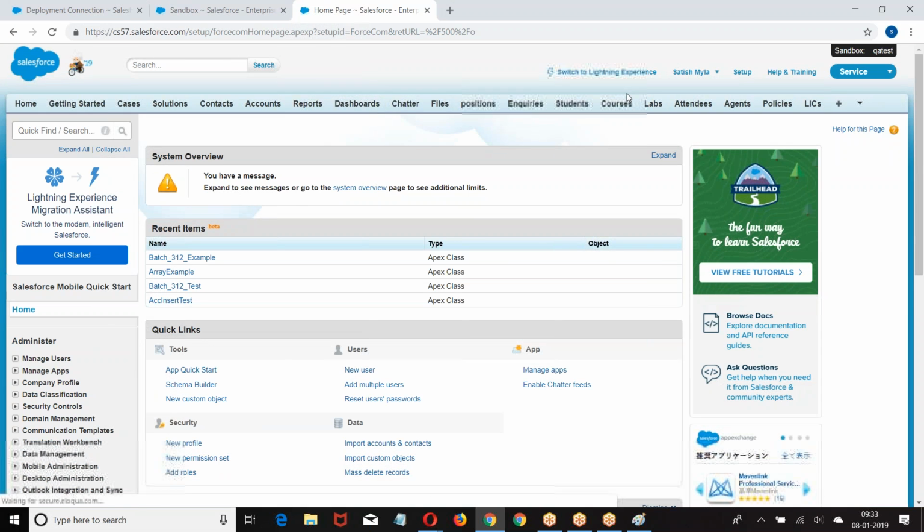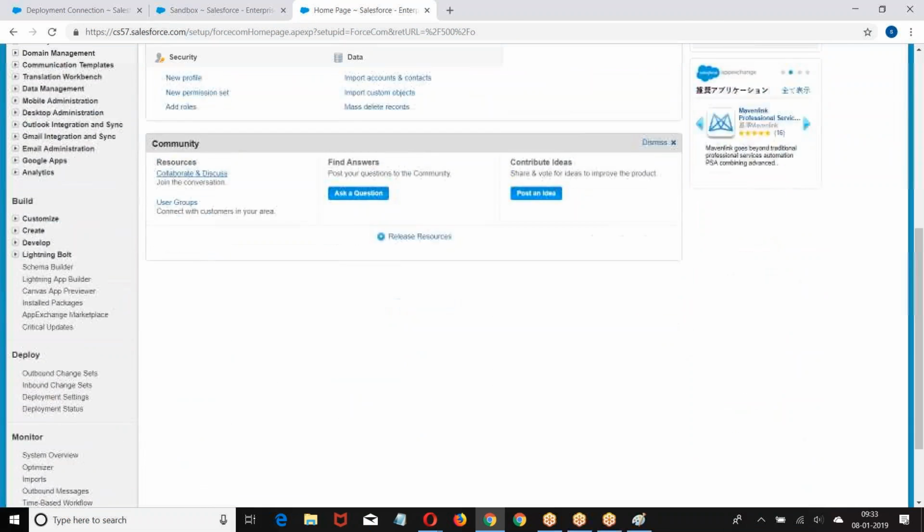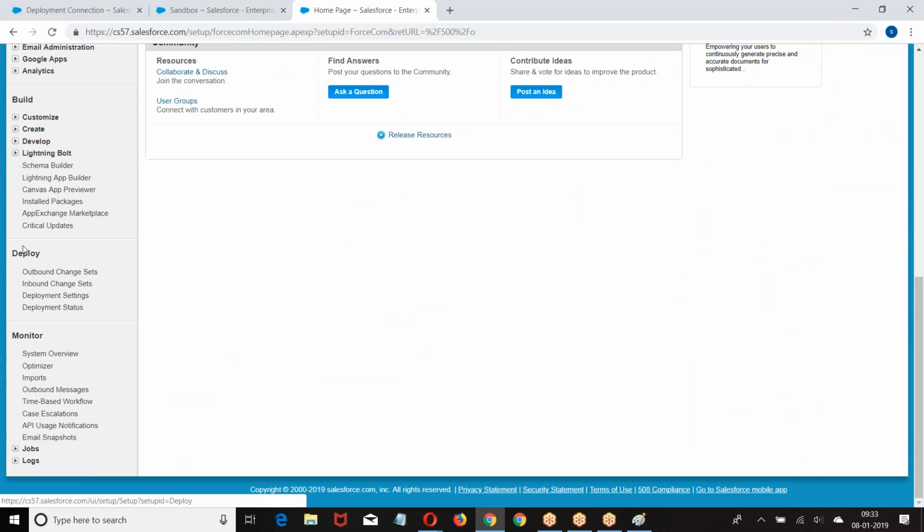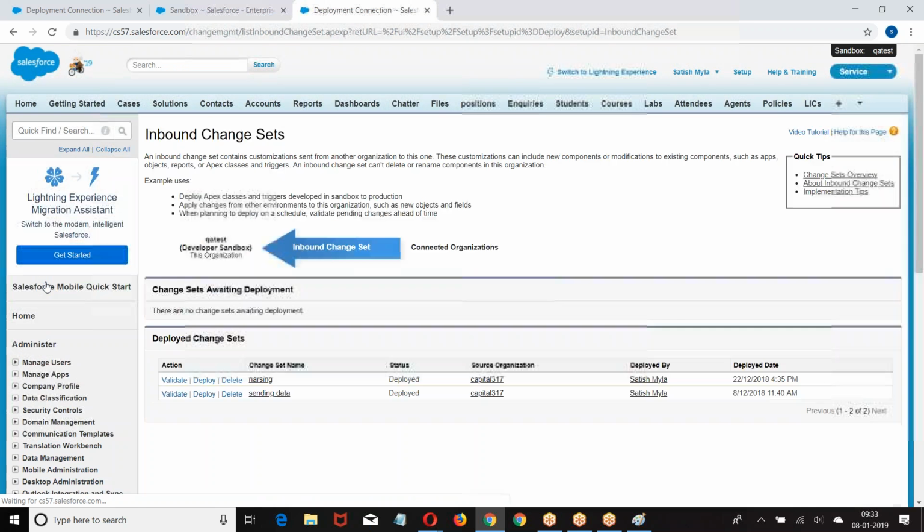Right, let me finish. You can ask the query at the end. Now we have setup. So what do we have here? Deploy. What was this? Inbound change set. It takes time. The file will not come immediately. It takes some time. We have to wait for it. Meanwhile,